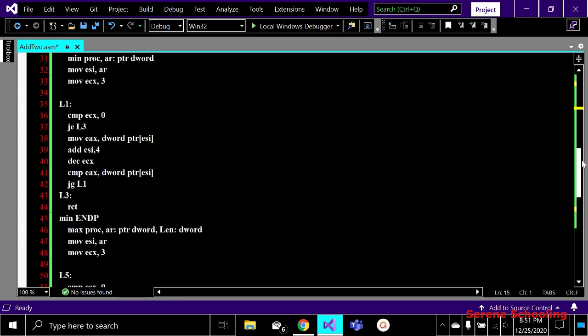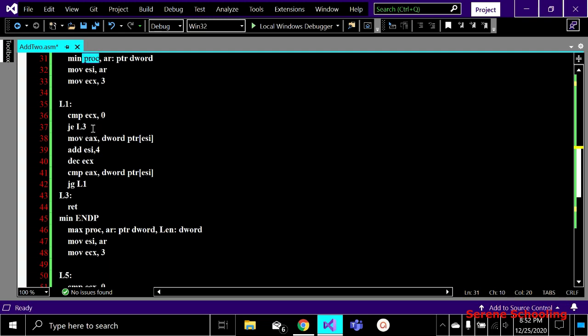Here is the start of the minimum, that is my procedure starts from here. We are getting the base address in our ARR. We know that we need the base address in our ESI. Only ESI is used for this purpose, so we are moving the base address of our array into ESI. We know that I have 3 elements in the array, so I'm moving 3 into ECX because I want my loop to work 3 times, so I can access till the very last element. This ECX is my looping index.